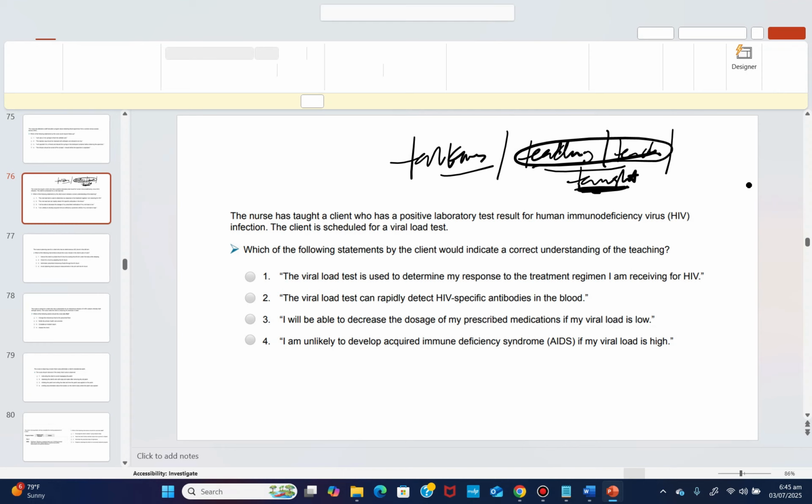Sometimes the NCLEX can test either way, so pay attention to the examiner question. I'm telling you, most students don't pay attention to the examiner question and they select the wrong answer. I ask, why is that your answer? And they say, that's the right thing to teach the client. I say, read the examiner question again. And they say, oh, which of the following indicates incorrect understanding? I thought it was correct understanding. NCLEX can test you on a positive answer or on a negative answer. That's why you need to pay attention to the examiner question.